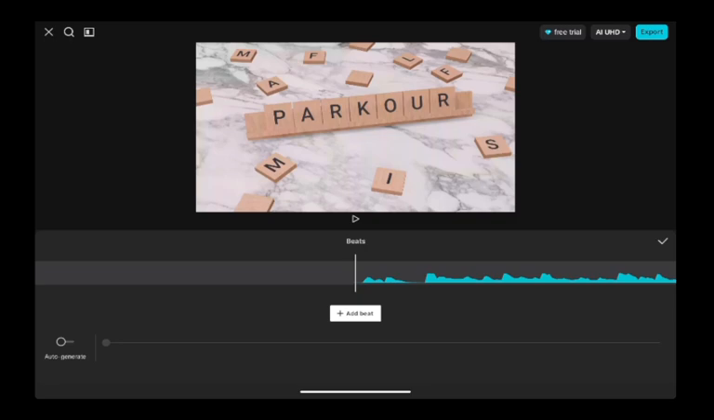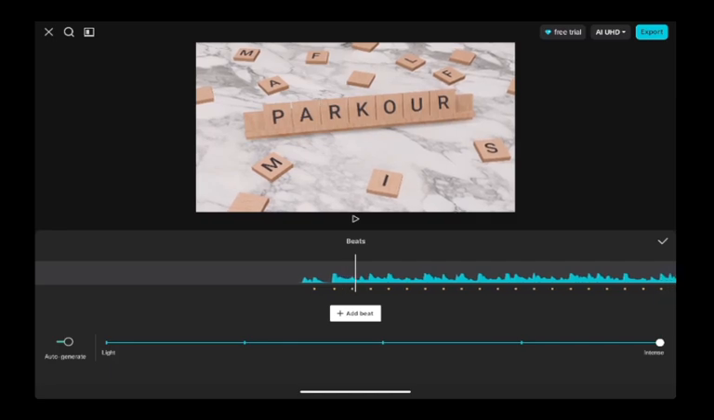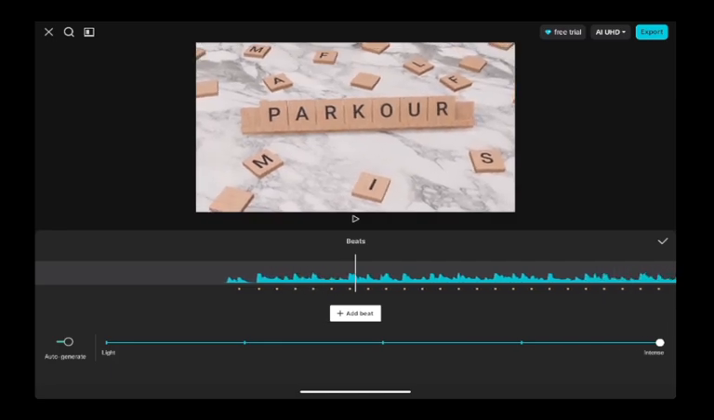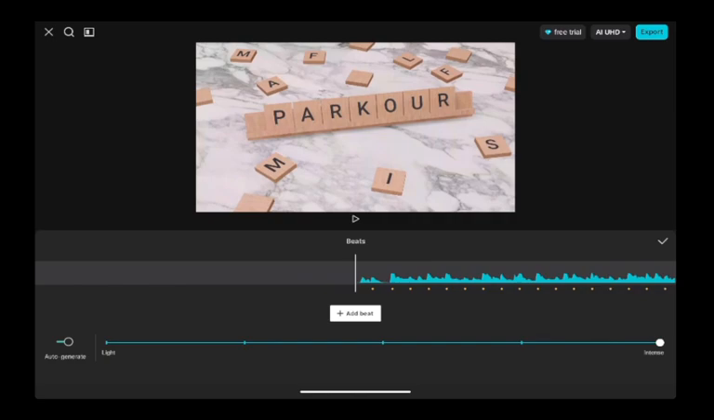So what we're actually going to do is use the auto generate function. So we're going to tap that over on the left hand side, and here we go. Now you can see that it has added a number of dots, and each of those is recommended beats for beat locations